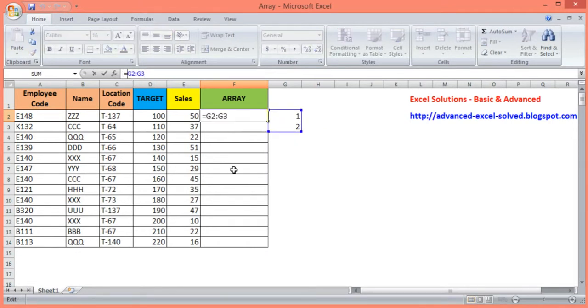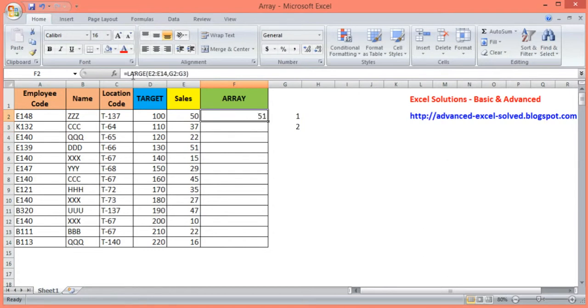Now I will again write LARGE, press tab. It is asking for the array, select the array, put a comma, and now close the bracket. No, it is not done.